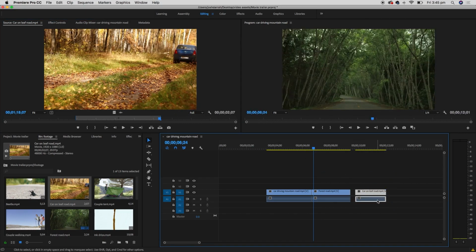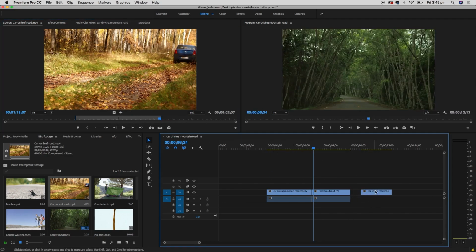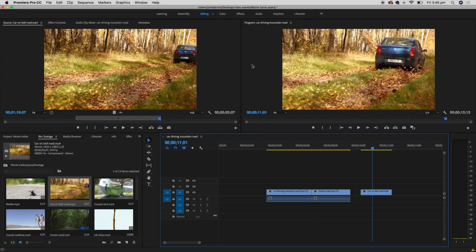You'll notice that we're getting the audio and video of each clip. If I hit undo, there's a way to bring the clip down, either just the audio or just the video. Instead of clicking in this middle area and dragging to your timeline, instead you can click this button, drag video only, or this one, drag audio only. So if I click and drag video, you'll notice it only brings the video file. If I click and drag audio,